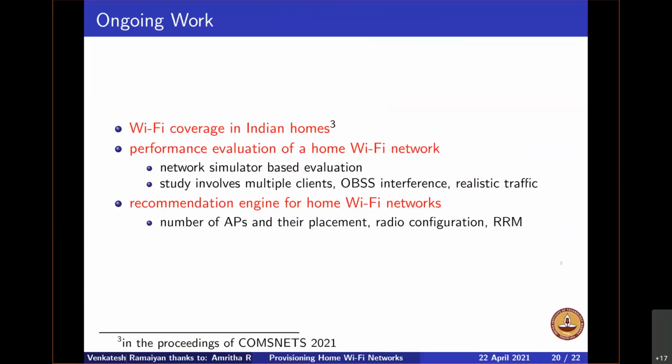Remember, I studied the Wi-Fi link performance through experiments, and I made a decision for home Wi-Fi networks, assuming that I can actually do RRM. To complete the study, we are now conducting the performance evaluation of a home Wi-Fi network,